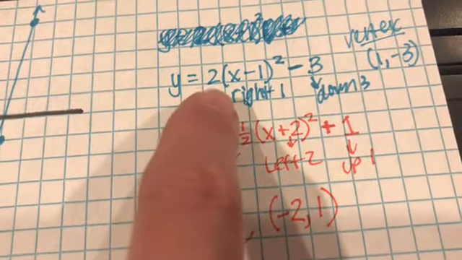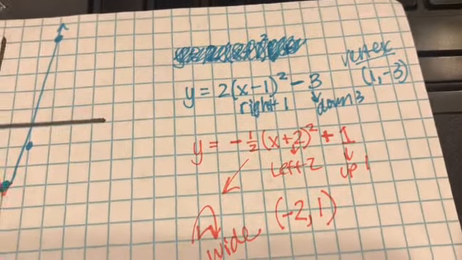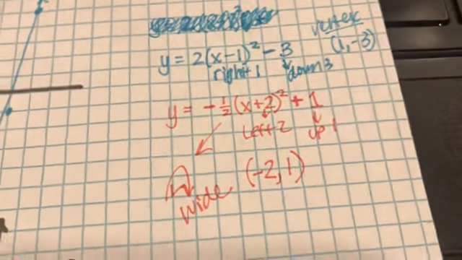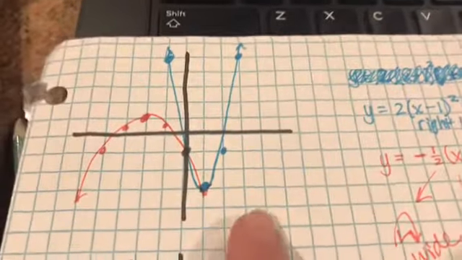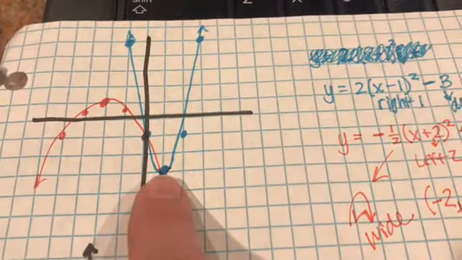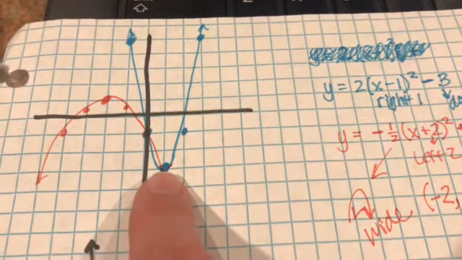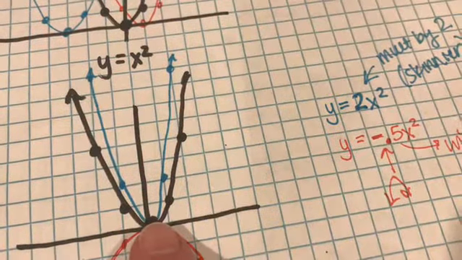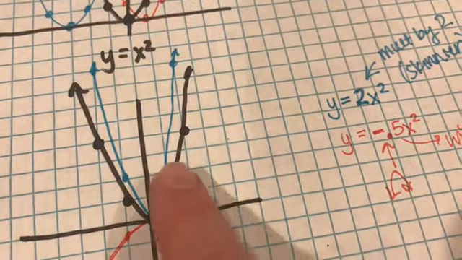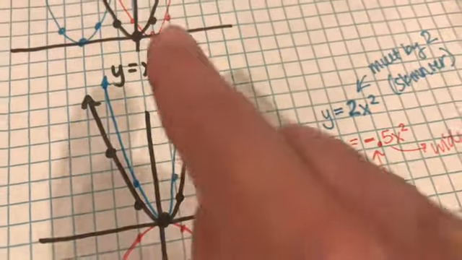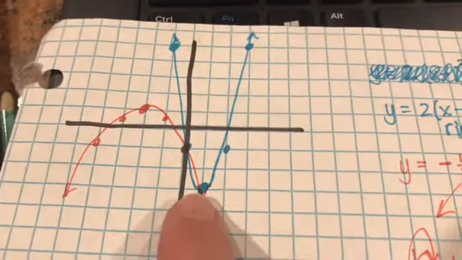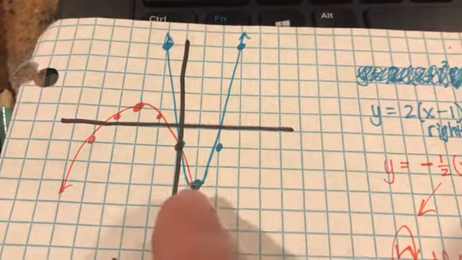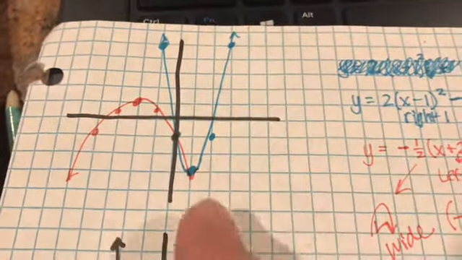This 2 in front is what makes it extra skinny, just like what we did on the problem we just talked about. So the first thing you want to start with is your vertex, over 1 to the right and down 3. And then you can kind of apply what we did here on this one, where this blue equation, this is a 2x squared. You go over 1 up 2, over 2 up 8. That's how I drew this parabola. So once I had my starting point, over 1 up 2, over 2 up 8, and you can reverse it